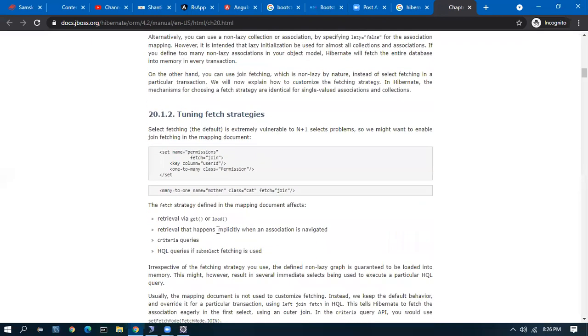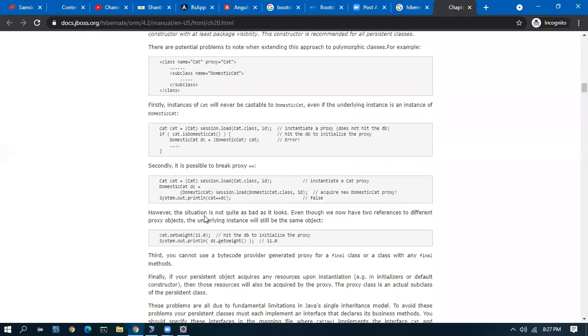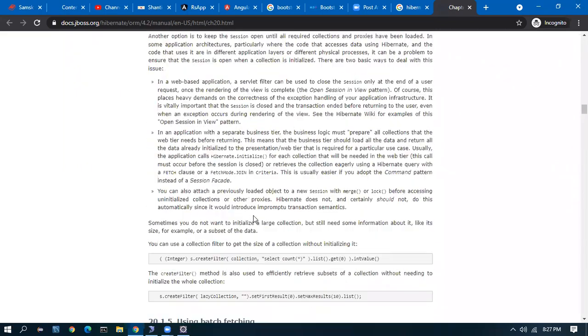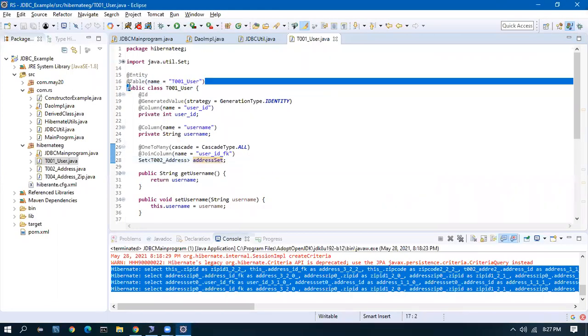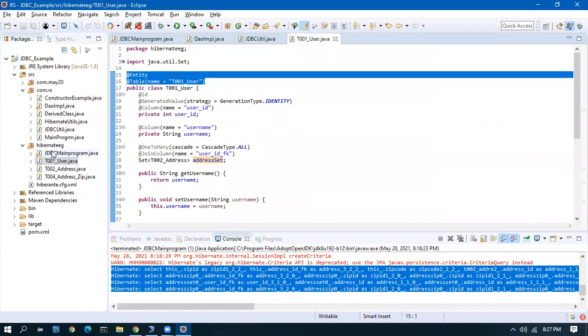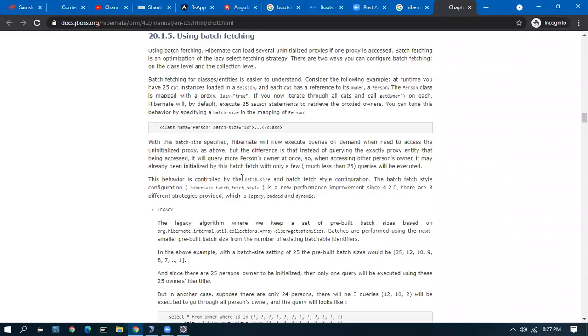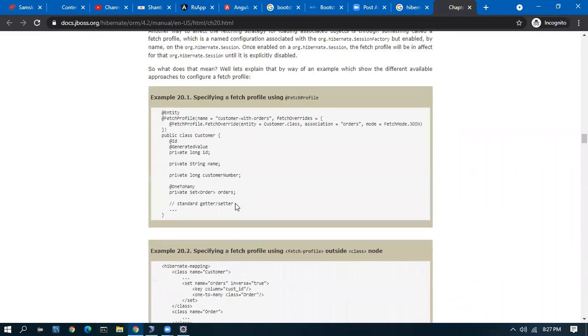I'm not actually going to this one. This is not the correct place. I have to show you the annotation based approach. This is all XML based. Initially, before annotations, we were using XML. There used to be one XML file where we would write all the mapping. Now it's all gone and reduced. It's very easy for developers to write it now.